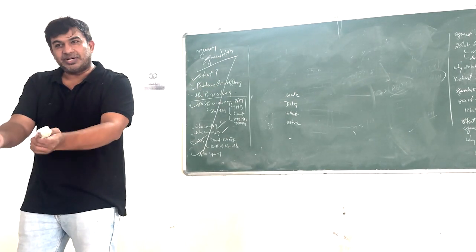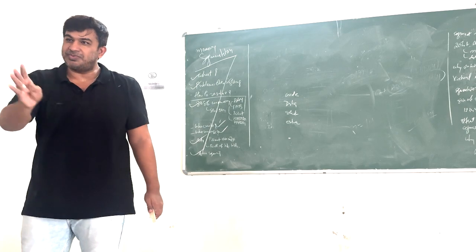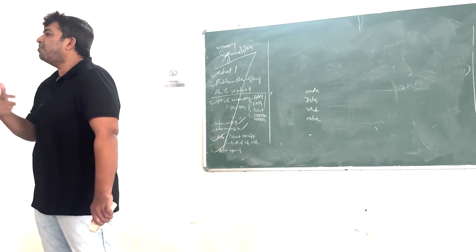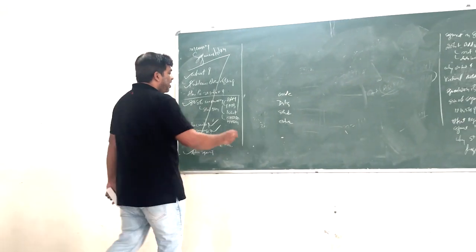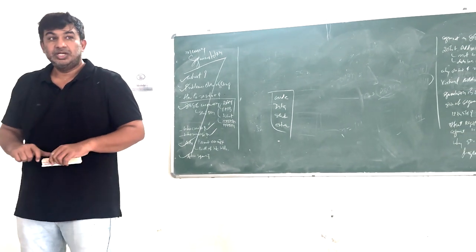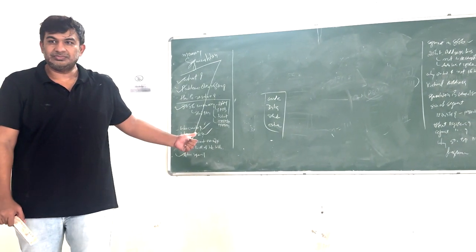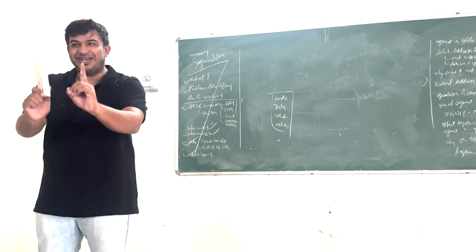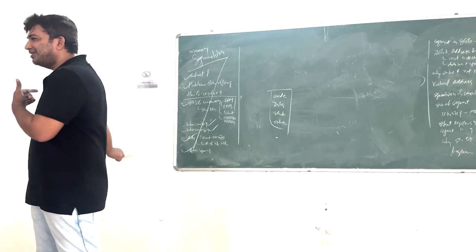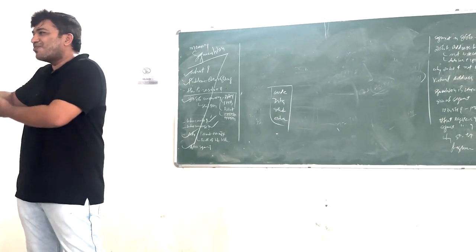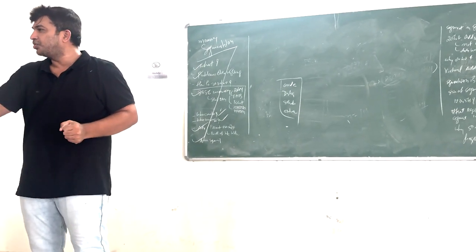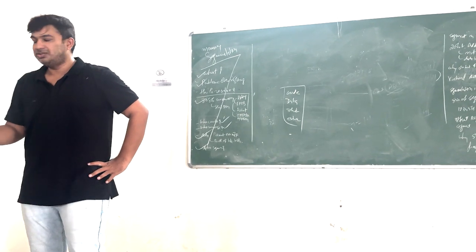There can be 12 segments: 4 data segments, 4 code segments, 4 extra segments, and the remaining stack segment. There may be multiple segments, but they belong to one of these categories. Who will create these segments? We, as a user, will always create these segments. Who will manage it? The computer. That's why we have not started our programming yet, because we need to understand how to create this segment, how to initialize it, and how to use it.